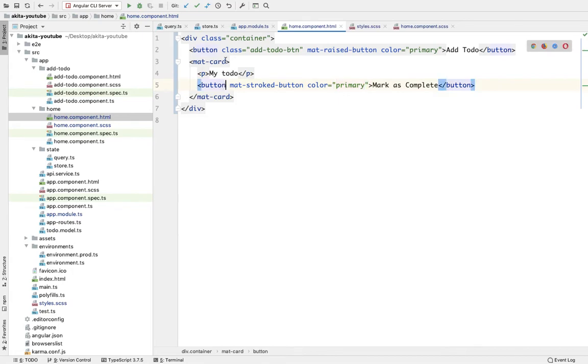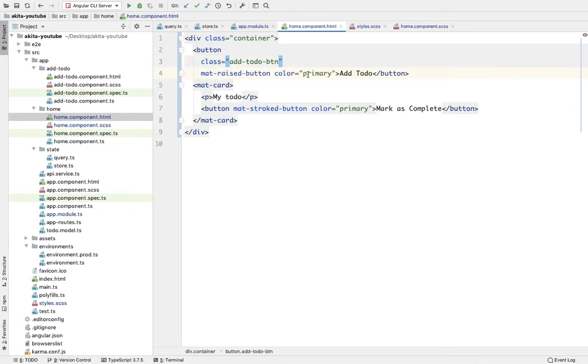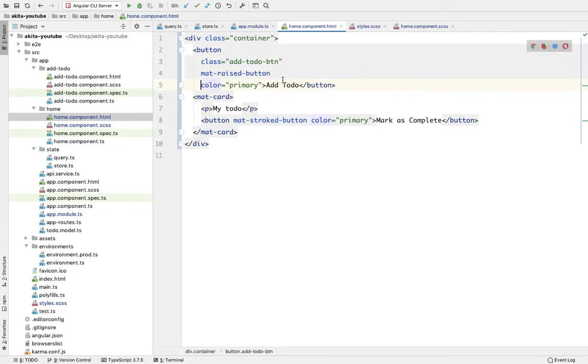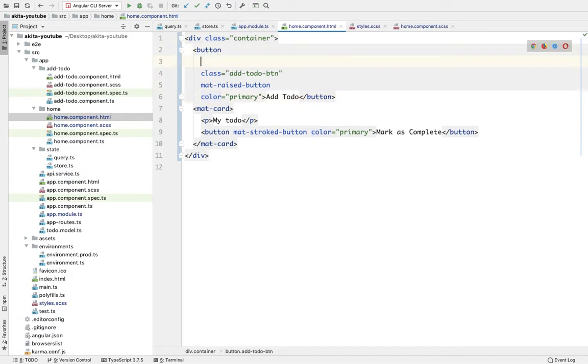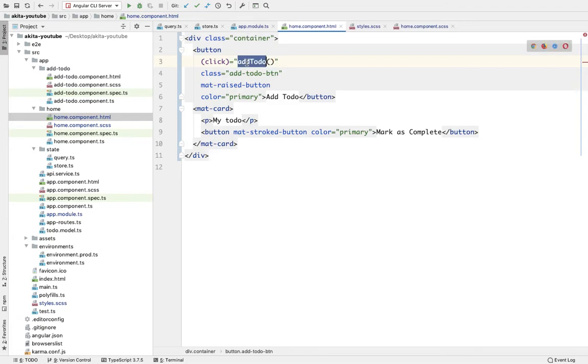So here let's bring it in a different line. Click, add to do.